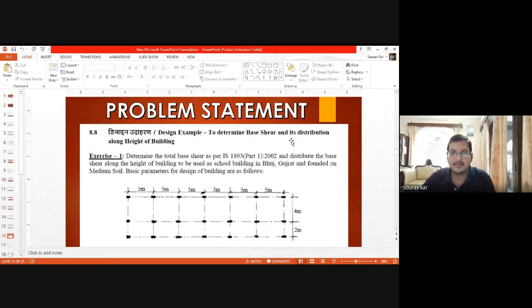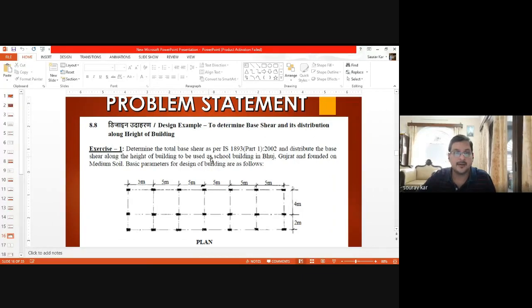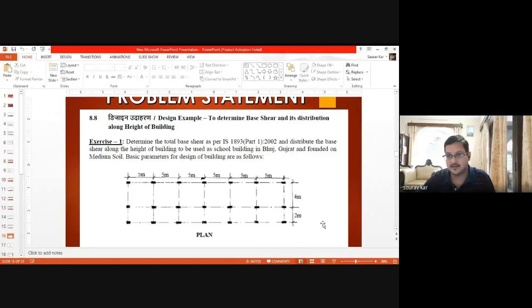Determine the base shear and its distribution along the height of the building. Determine the total base shear, and distribute the base shear along the height of the building. The school building is located in Bhuj, Gujarat, founded in medium soil. Basic parameters are given here. It is basically 1, 2, 3, 4, 5, 6 bays along the x-axis, if you take this plane as the XZ plane.